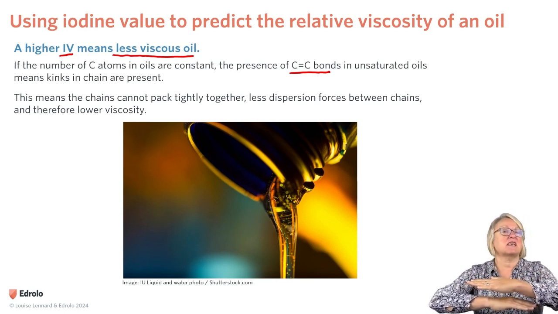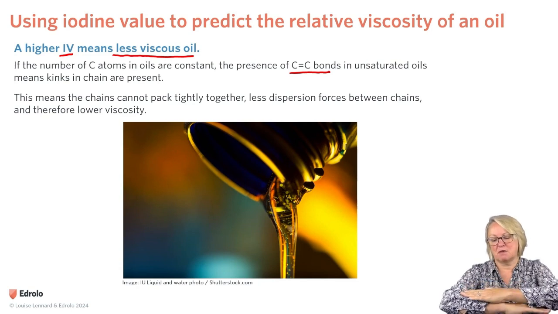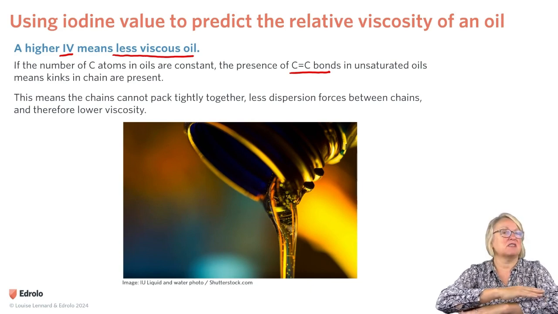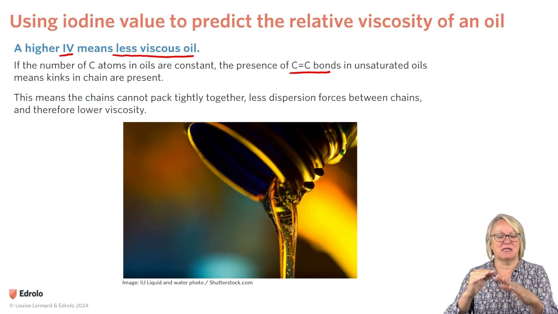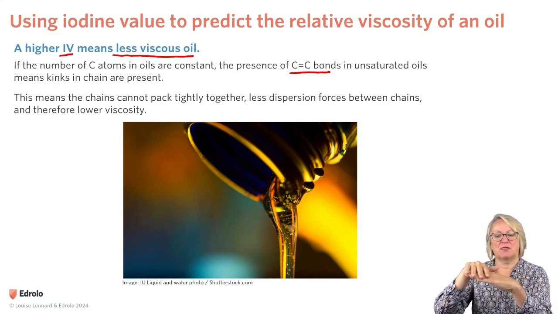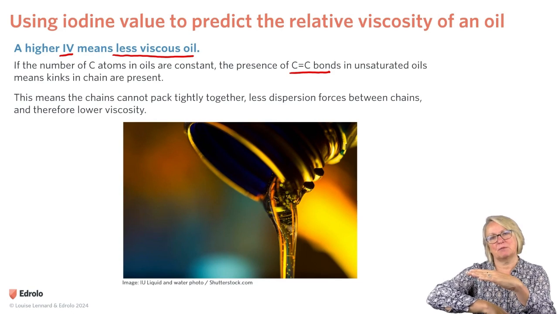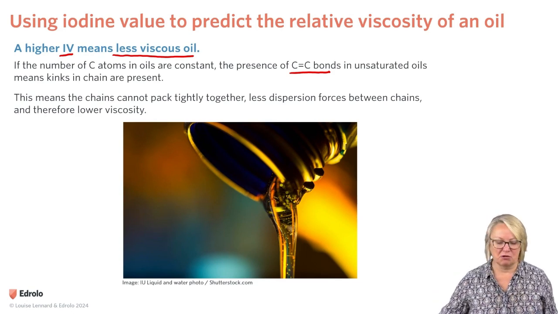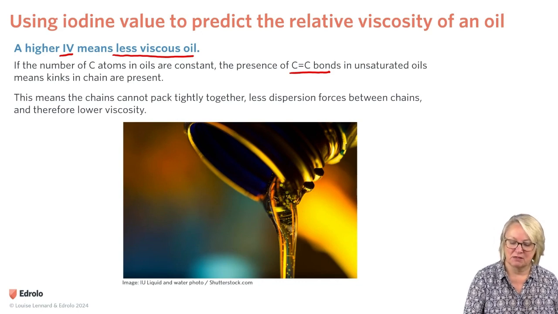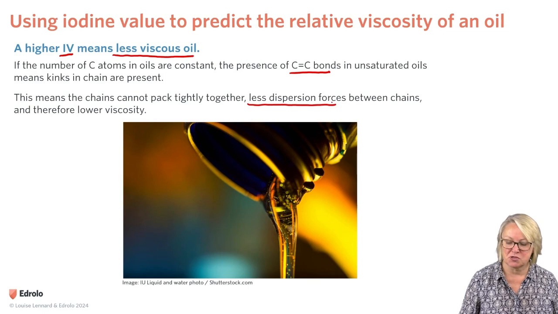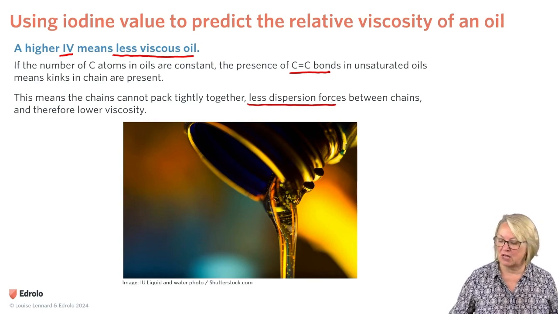rather than if it was a saturated fatty acid, the chains can pack neatly on top of each other in the triglyceride. So there's more room for dispersion forces between the layers. If you have unsaturated fats, you get kinks in the molecules, so they can't pack as neatly next to each other, so they're less viscous. So they cannot pack as tightly together, which means there's less dispersion forces between the chains and therefore a lower